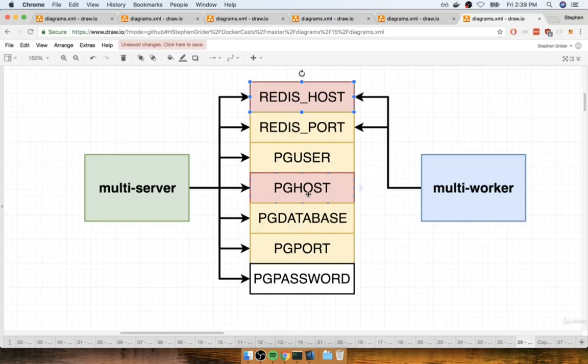Now there's two red ones on here as well. The two host values are also going to be constant values that do not need to change over time or anything like that. But I want to remind you about the purpose of the host environment variables. These are essentially URLs of sorts that are going to tell multi-worker and multi-server how to connect to Redis and Postgres in the first place. In other words, how it can actually reach out to the